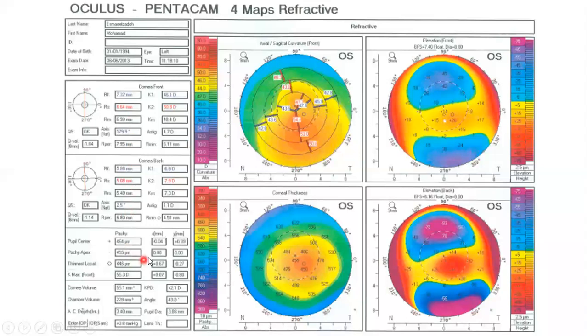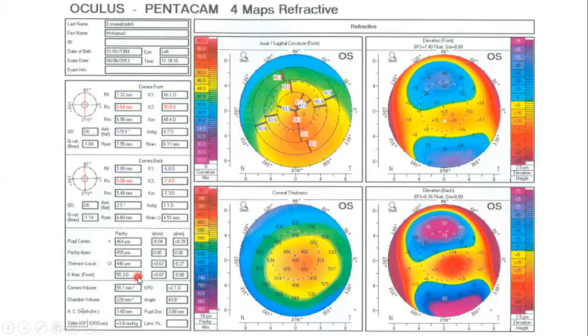So here we will be having all this, like here, K max. We are getting K max here. If you can zoom there, there is a point which is K max. So this K max you can compare. This is the apical point in the next visit. So what is the K max in the last visit and what is the K max 3 months down the line? Just to check the progression.